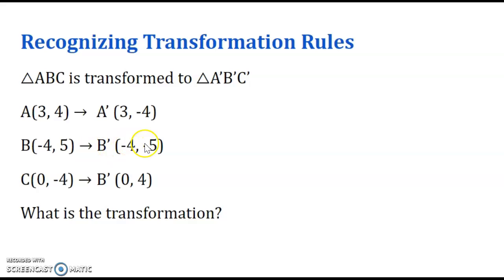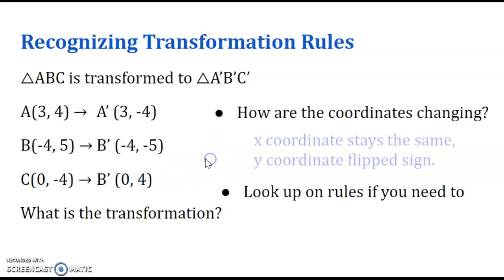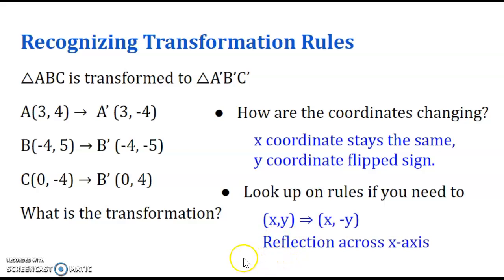Alright, recognizing a transformation rule. So if you see these numbers, 3, 4 became 3, negative 4. Which is the transformation that fits with this? Okay, how are the coordinates changing? The x stays the same, but the y coordinate flips sign. So look for the rule, and that's the reflection across the x-axis. I'll continue in the next